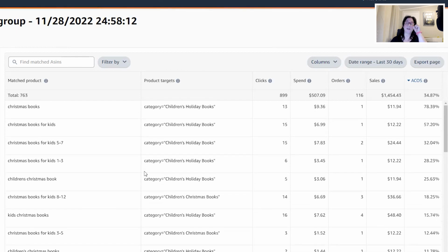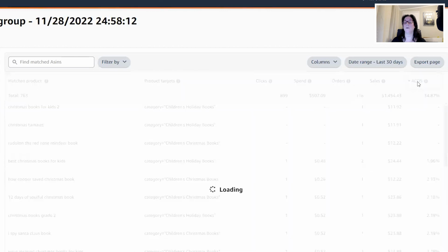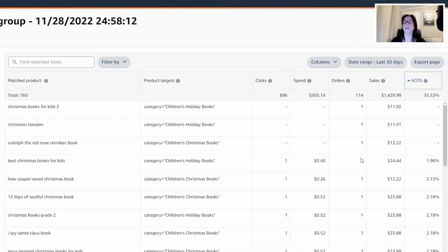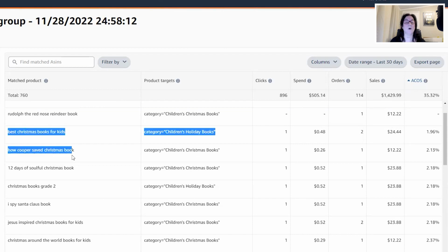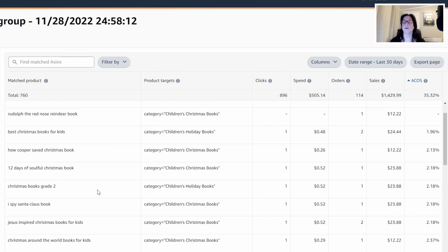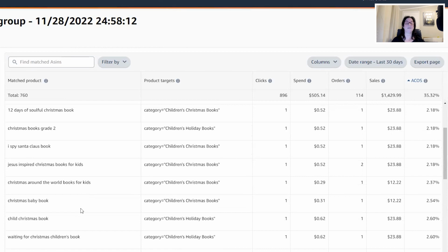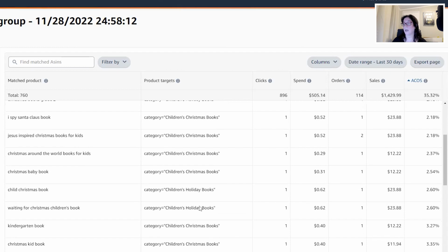So what I can do here is take all of the ones that are performing really well. Maybe I don't want to make changes to this ad. I can't really make any changes here. But I can see all of these keyword terms that have really low ACOSs, and I can go back to the keyword ad that we were just in, and I can copy these terms and paste them in just to make sure I'm not losing the lessons learned on this ad,